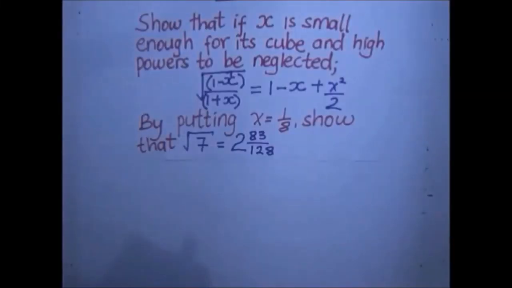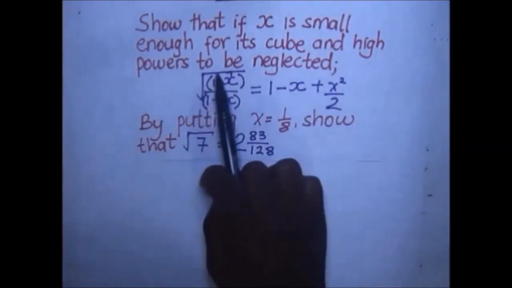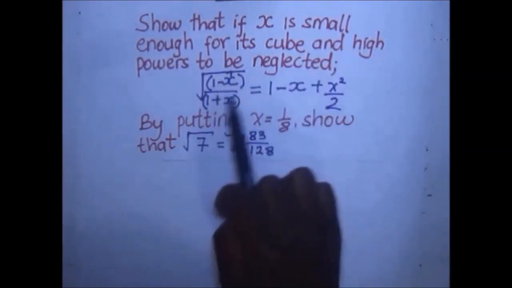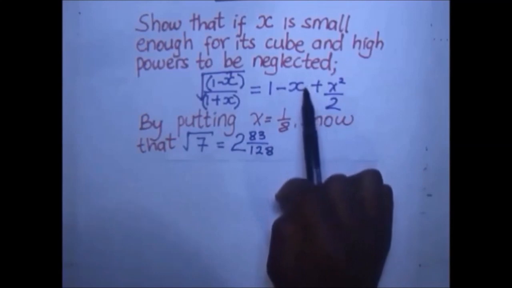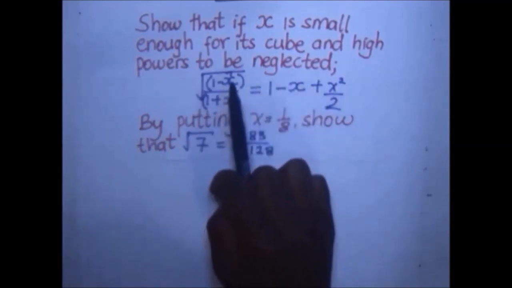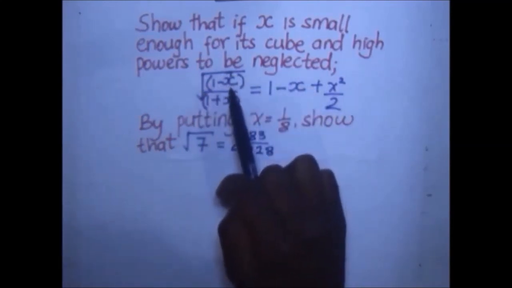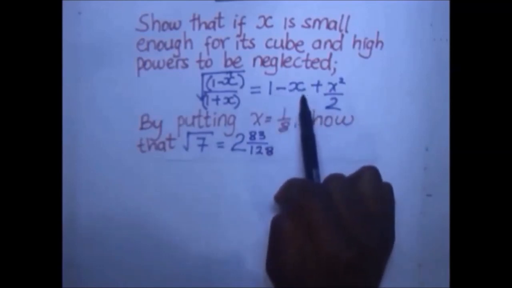We have a question here. It's saying that show that if x is small enough for its cube and higher powers to be neglected, then this expression is equal to that expression. In essence, we're supposed to expand this expression to show that it is equal to that, because